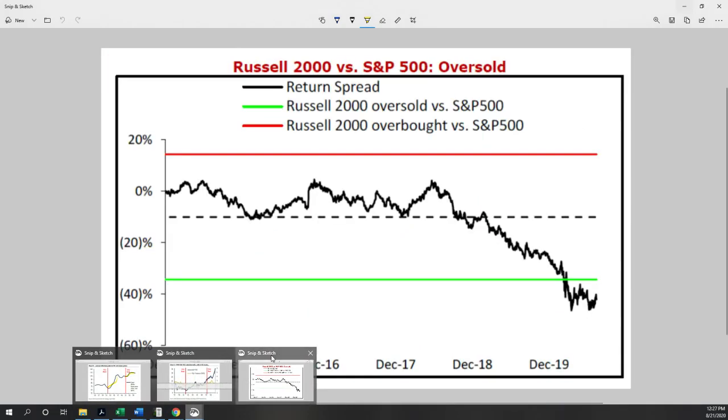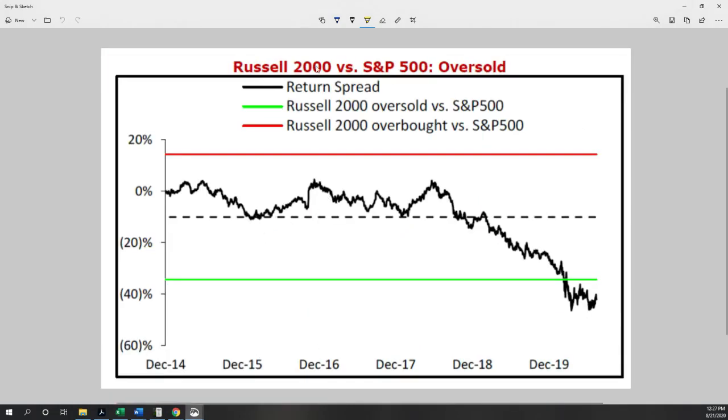If you're looking at the underperformance between the Russell 2000 and the S&P 500, this is the worst it's ever been in terms of being oversold. The Russell 2000 is oversold relative to the S&P 500. I went back to 2014 with Wells Fargo, and I went back even a few more years. I couldn't see anything like this. You can see how the Russell 2000 underperformed and still is underperforming significantly. If the Fed decides to do this, you're going to see risk assets explode. And that's the point of YCC. Even if it doesn't, you're going to see small caps catch up a lot.